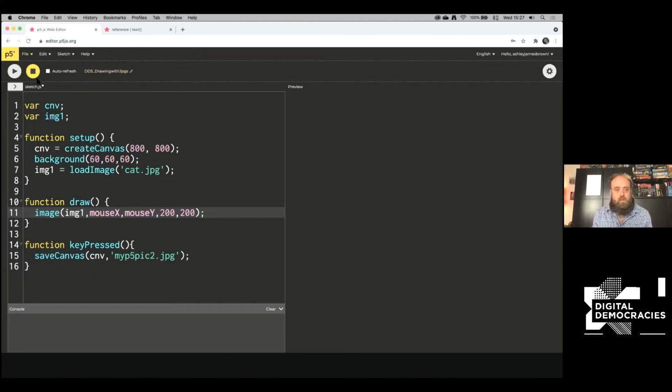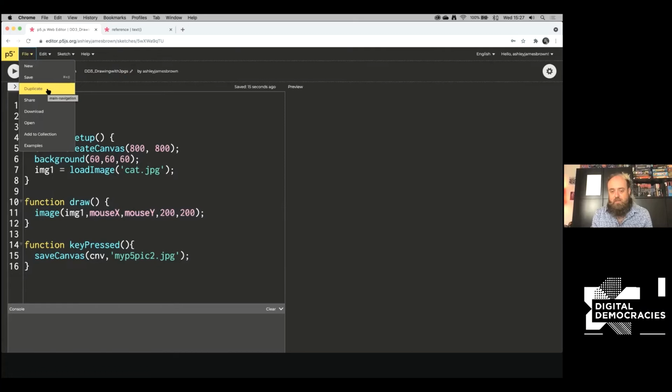File save. Excellent. And so that we don't recreate all of this again, what I'm actually going to do is go File, Duplicate to make an exact copy of this sketch. Because if I was to go File, New, not only have I got to type all this in again, I've also got to upload the picture. So I'm just going to say duplicate, which will make a duplicate copy, because it definitely says copy here. And I'm just going to rename it straight away